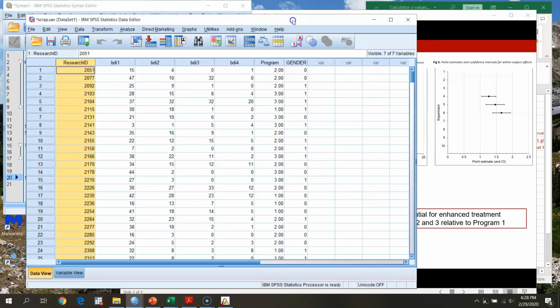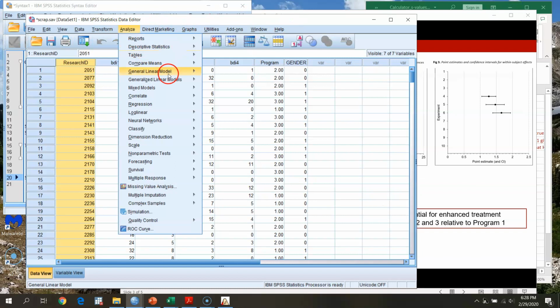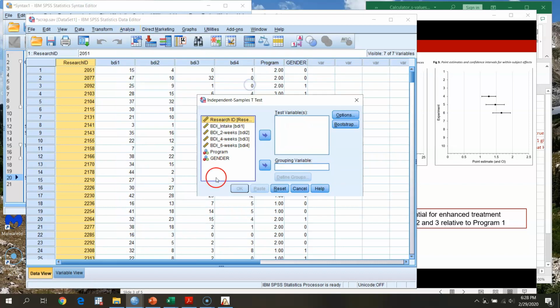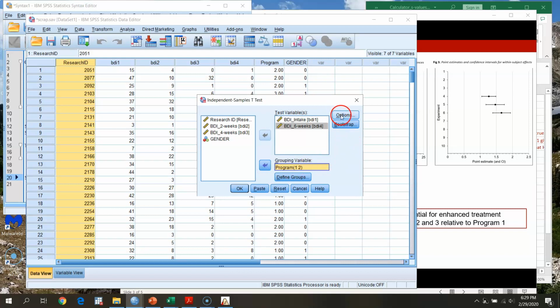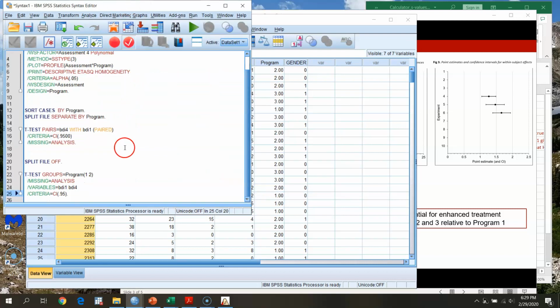Okay, so I'm going to go back to Analyze, go to Compare Means, and choose Independent Samples t-test. I'm interested in looking at differences at intake and at 6 weeks, and I'm going to look at differences across program. Now I'm going to have to define groups, so I'm going to compare groups 1 and 2 for this one. I'm going to hit continue. There's nothing else that we need there, and I'm going to go ahead and hit paste. Okay, so if I go to my syntax file here,